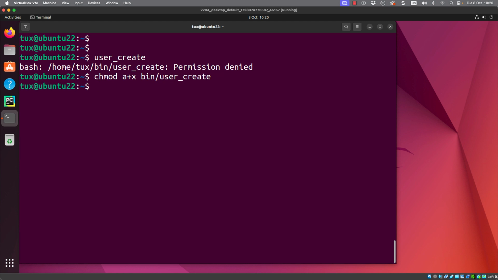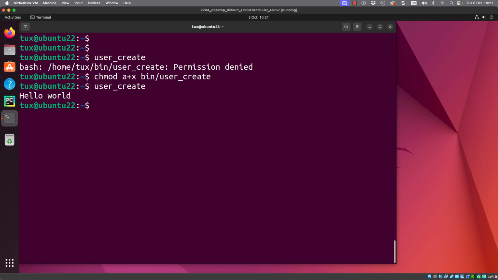With the execute permission in place, we're going to be able to run our file just by using the file name. And of course, it's going to execute, so we don't have to open it in Bash, and we don't have to worry about putting in the path to the executable.